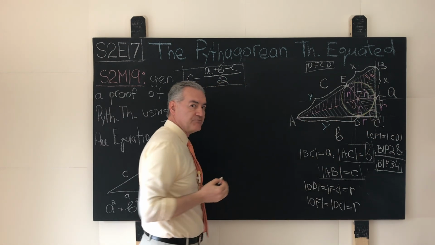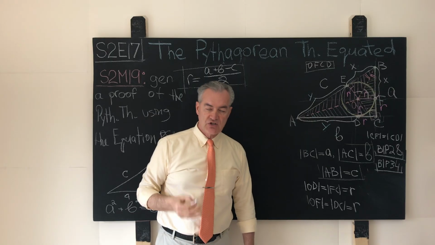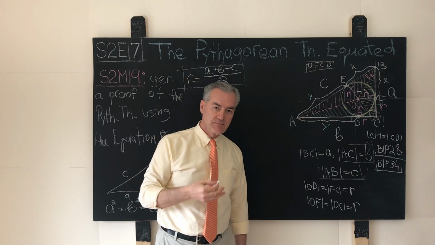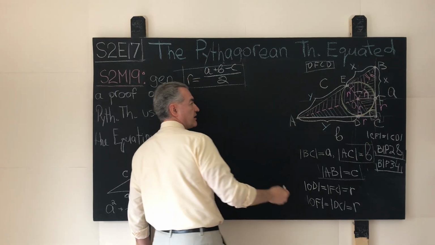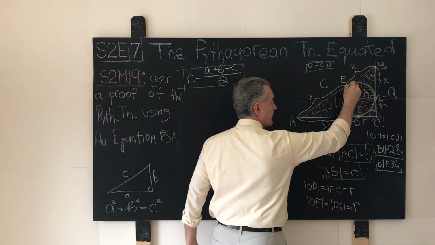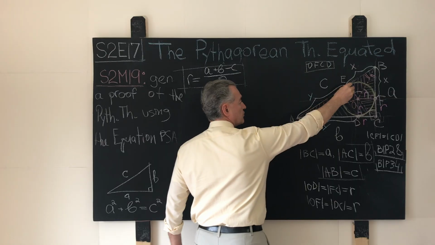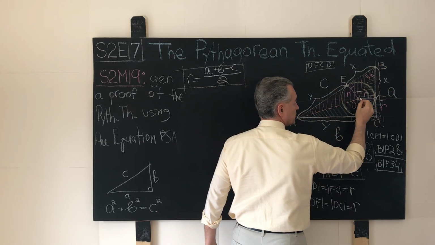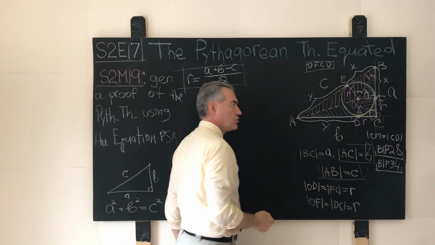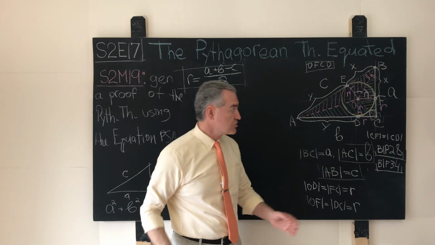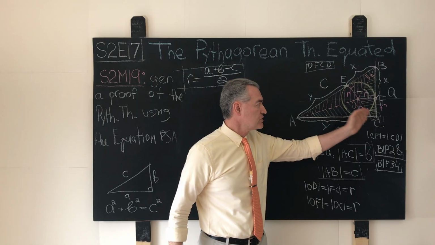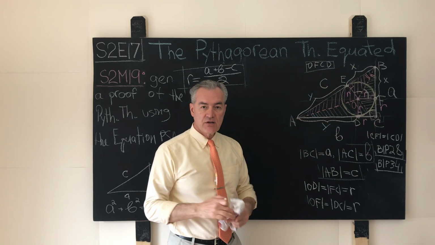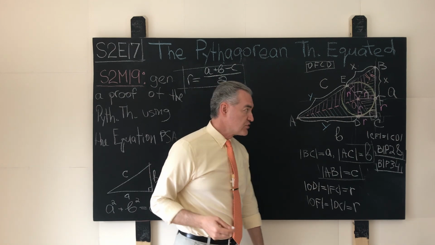And what does that mean? That means that each and every such line segment can play the role of a height of the corresponding triangle. In other words, in detail, the line segment OE can play the role of a height of the triangle AOB. The line segment OF can play the role of a height of the triangle BOC, and the line segment OD can play the role of a height of the triangle